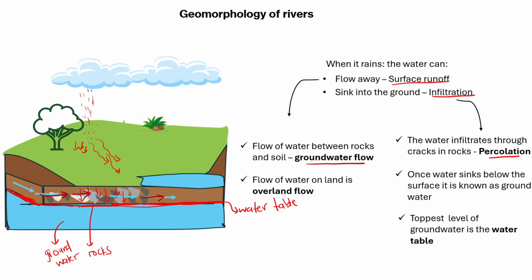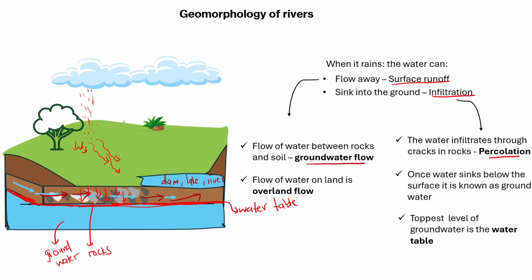So where does this groundwater flow? Where is the water actually going? It is going to a water source, maybe a dam, or maybe a lake, or maybe a river. So the groundwater flow is the flow of water towards a river or a lake, but it happens through the rocks.